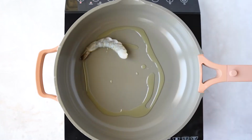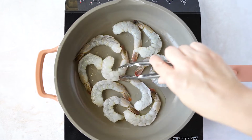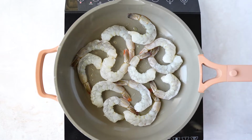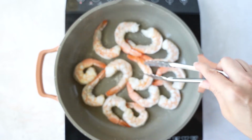Over a pan, I'm just adding a little bit of oil and I'm cooking some shrimp. You can remove the tail if you like. It's a little bit easier to eat that way, but I kind of like the way it looks with the tail on. So once they start to turn pink, go ahead and flip your shrimp over,